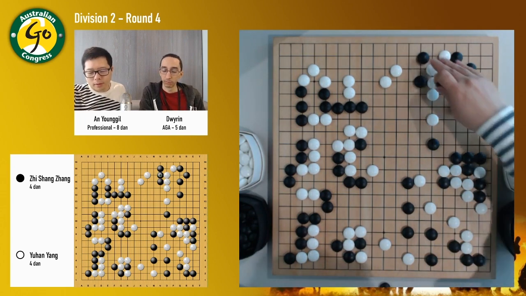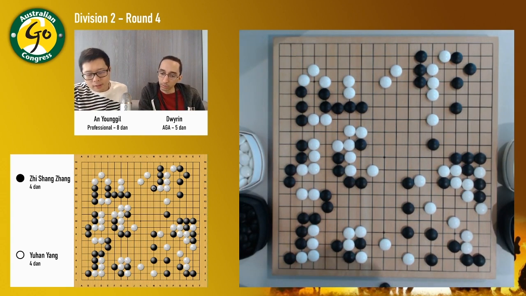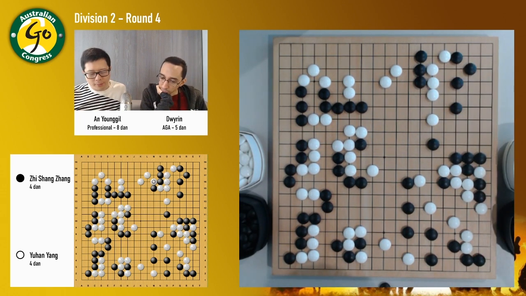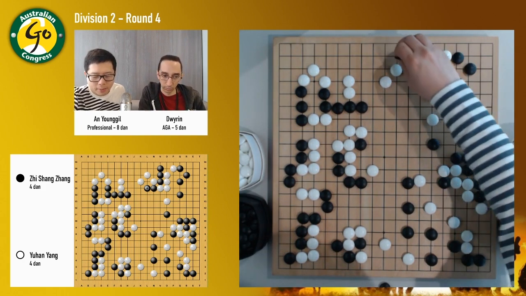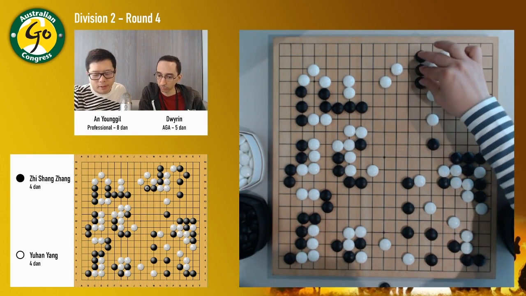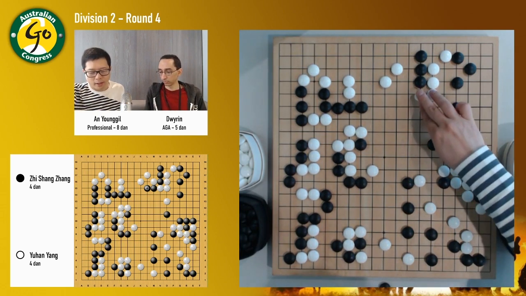So what about connection here? Is it working, do you think? Maybe it's still working, right? Well, I'd be a little bit worried about that. Yeah, it's a bit heavy feeling compared to this one. So in that case Black can hane here and then make a really good shape, but it's a little bit heavy. And also the problem is this one is placed at the vital point of 3 stones. But anyway, Black just connects there anyway,